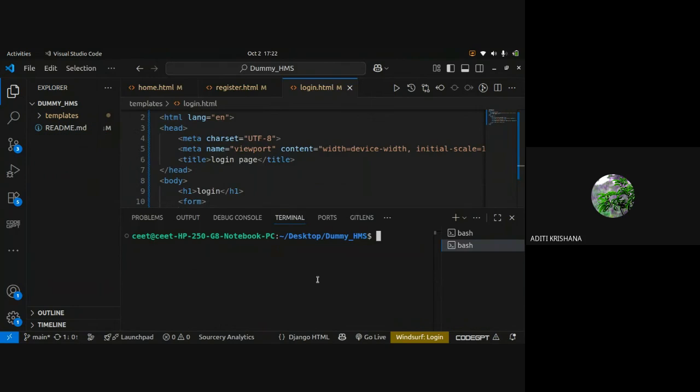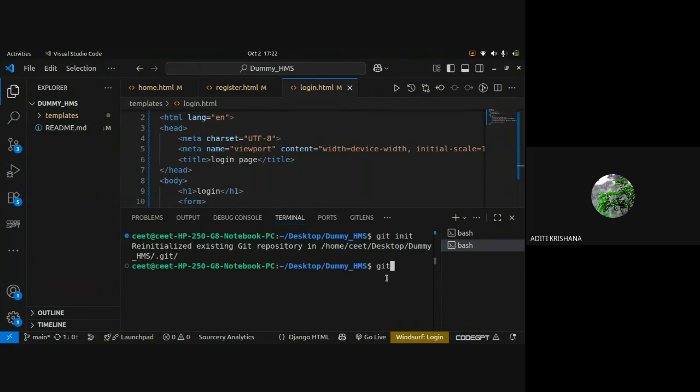So you can see I am inside my project folder, dummy HMS. First of all, every time look at this. Then I will type git init to check whether initialization is done or not. So it is already initialized, I re-initialized it.